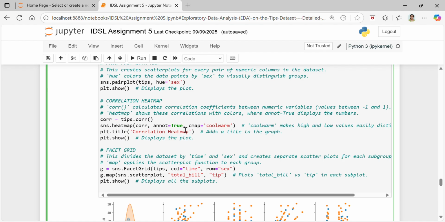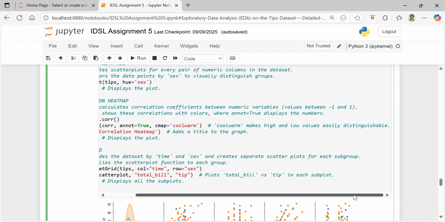Then I will specify annot equals True, so that I can display the numbers as well. And then I will specify cmap equals coolwarm,